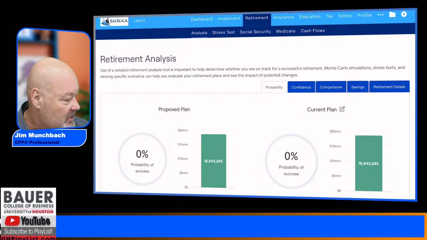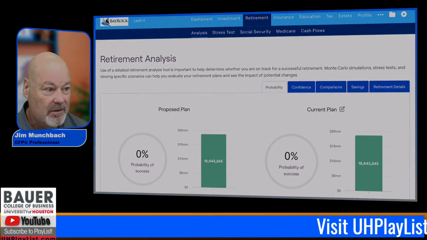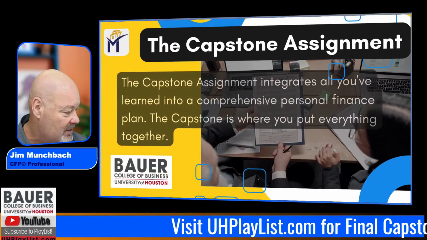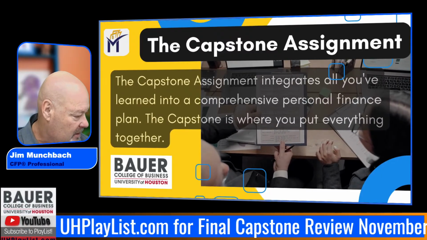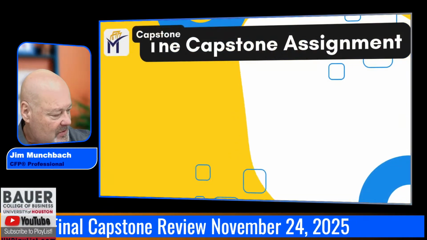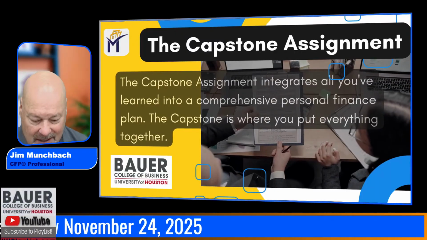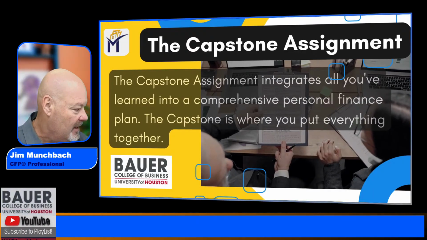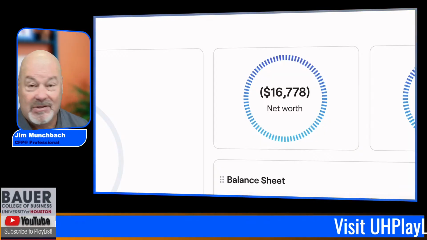I hope that helps. So now I'm going to jump over here and not show you. I'm going to go find another student, a student who wanted to have the review, and I don't want you to see everyone else in my planning universe. So here we go. I am now opening another plan, and I am going to just show you there's a net worth of negative $16,000.